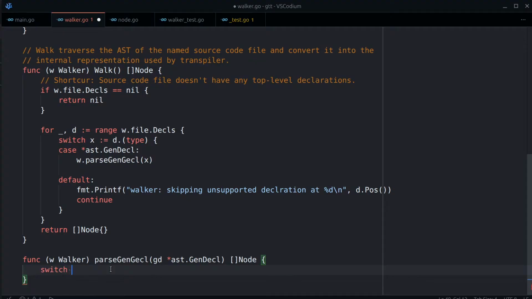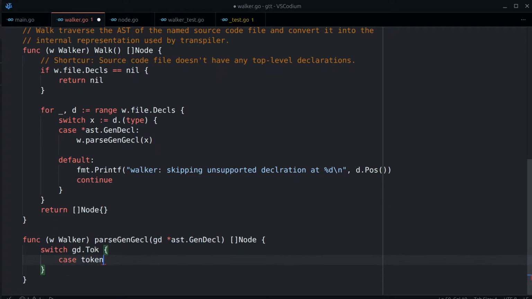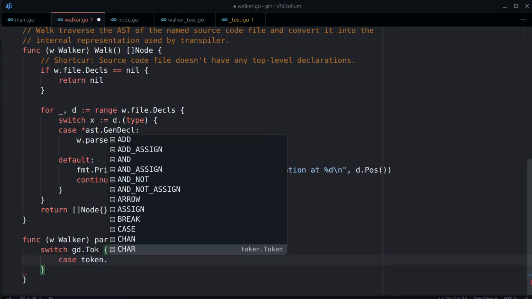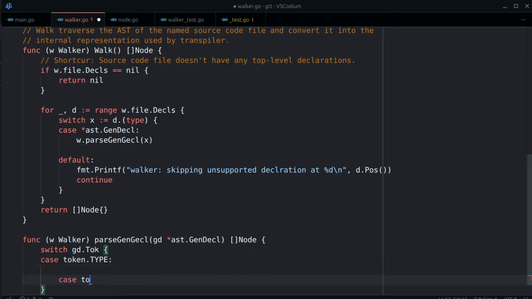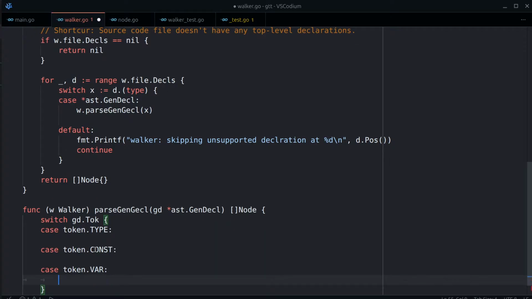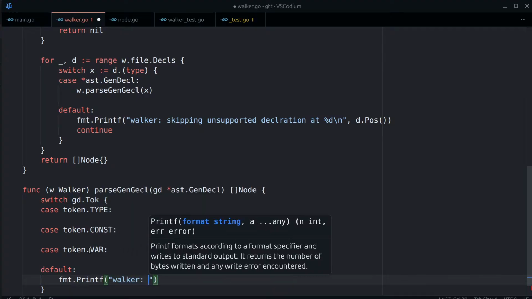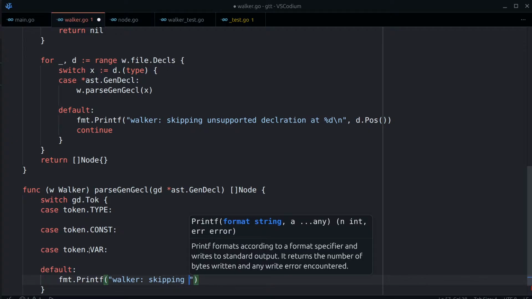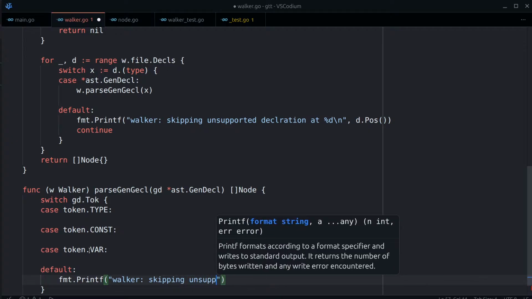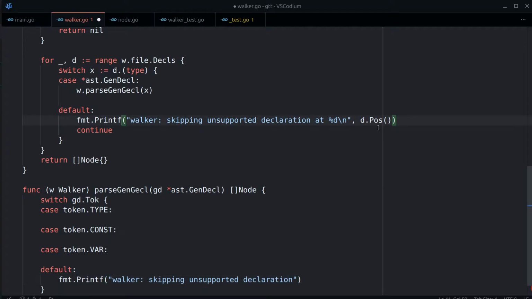So here we will need to switch between the declaration token, and in case of token type, I suppose, case token const, case token var, and here we will skip. fmt printf walker skipping unsupported declaration at,